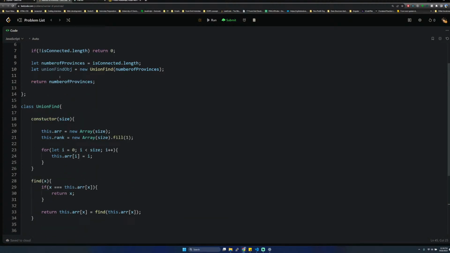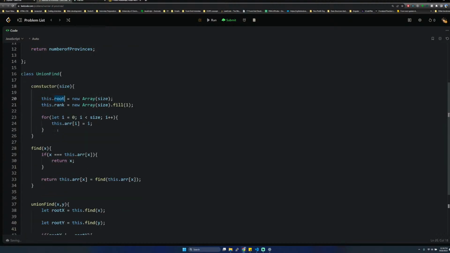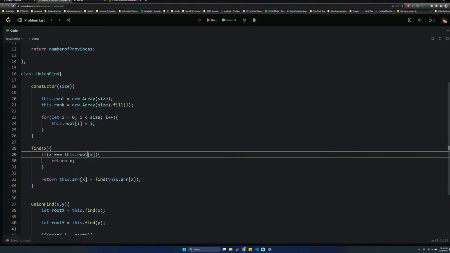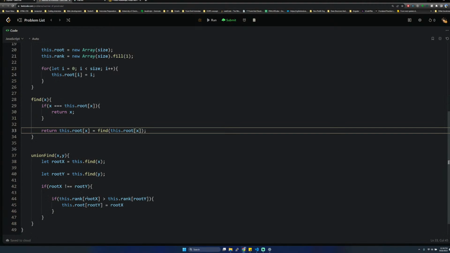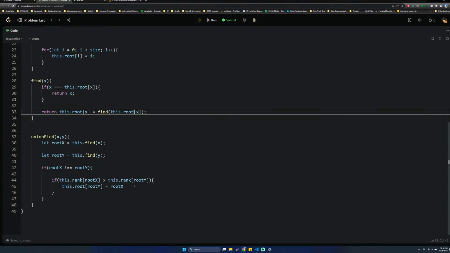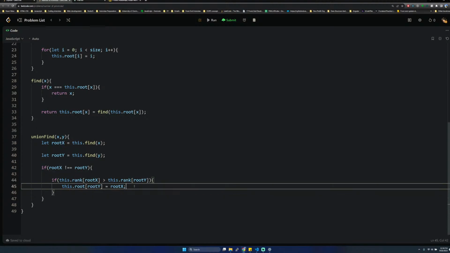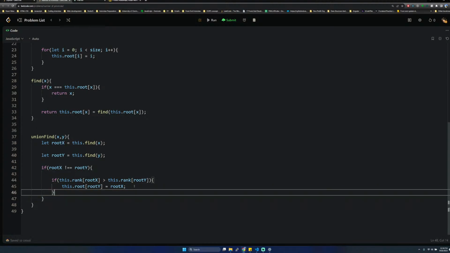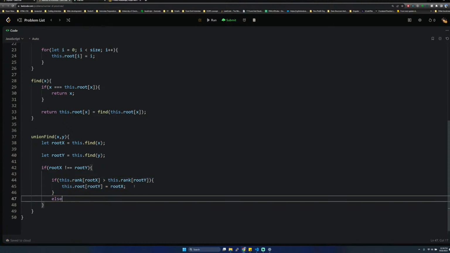I guess we should call this root instead of rank. Right, so to avoid confusion, once we are done with this, then we have to take care of another condition, else